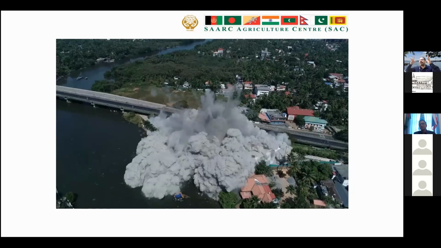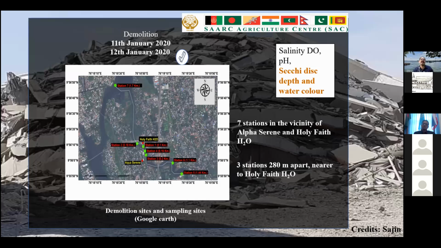But when the debris were falling, they were creating a lot of aerosols. You can see the amount of smoke type aerosols, cement aerosols, or the civil structure debris aerosol which is pumped into the atmosphere. At the same time, leachates related to the civil structures can also come into the lake water. So when this happened, there was no real-time information, but we had some citizen scientist information from the sites